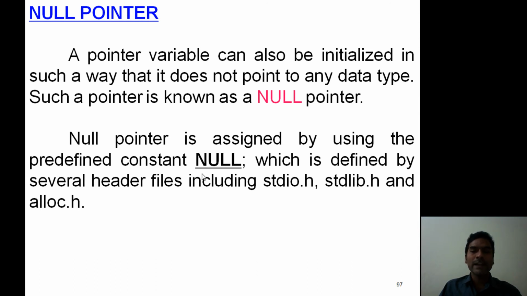So if the pointer is initialized with this null, now automatically the pointer is converted as null pointer. Now observe this format, int asterisk p equivalent to null. Now p acts as a null pointer. Hence at this stage p does not point to any data type. Okay.